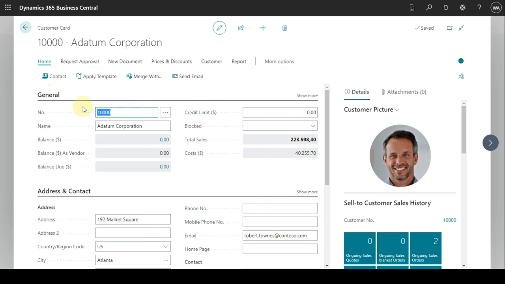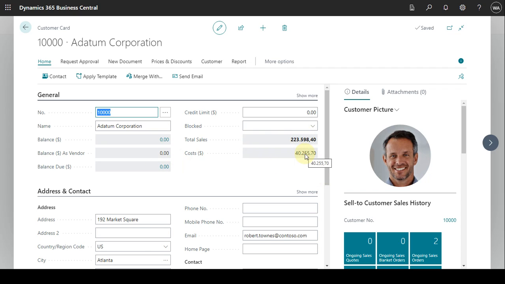So here in the card, I have all the information that I need for my customers. So you can see here that in the general, I have the number of my customer, the name, and also I have some data like what is the total sales for this customer,